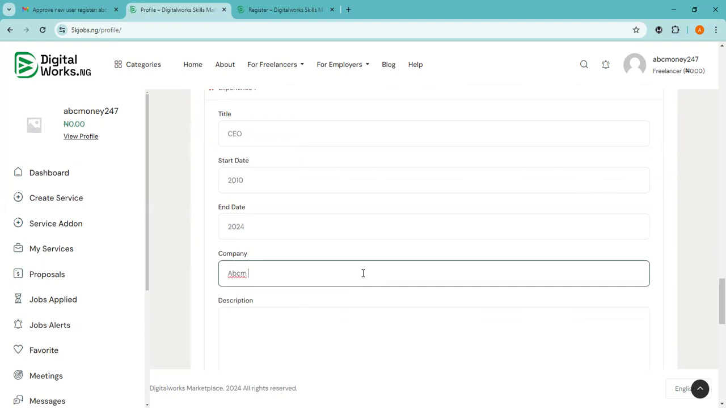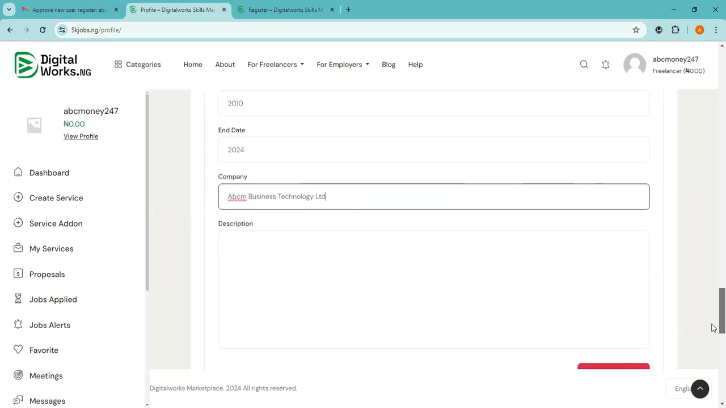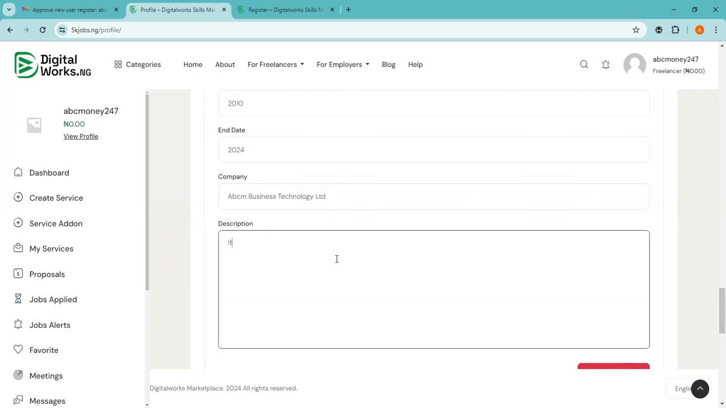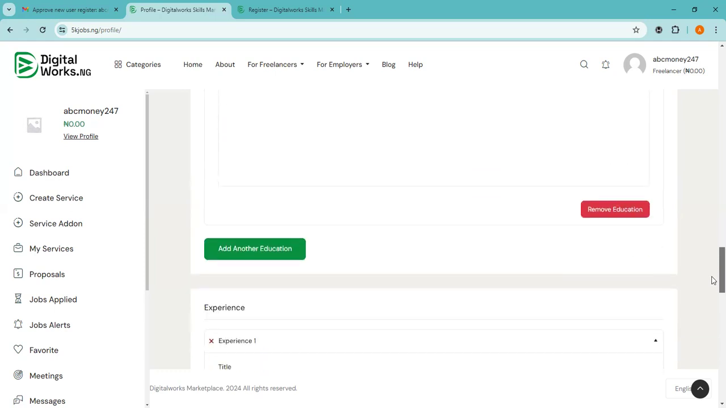Then ABCM Business Technology Limited. Then more description about this company, IT and business technology company. So the same way we did here, when you can add more, you can add more here too on